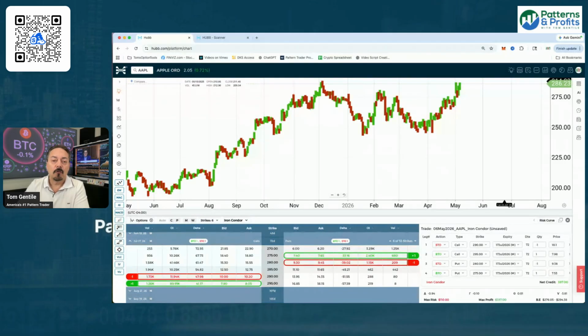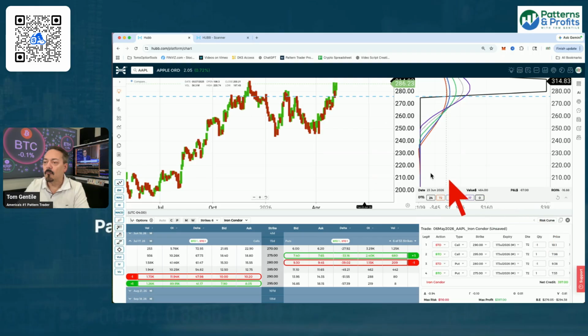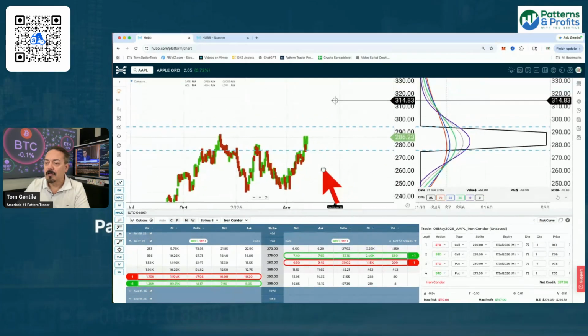Now, this Condor is a delta neutral Condor. What that basically means is it's surrounding the strike price, so it's non-directional. And so you can see that by simply going in and clicking on the risk curve. I'm going to click on the risk curve right now, and it's going to bring the Condor up right into view. So as I pull this down, where you can see current price of Apple,